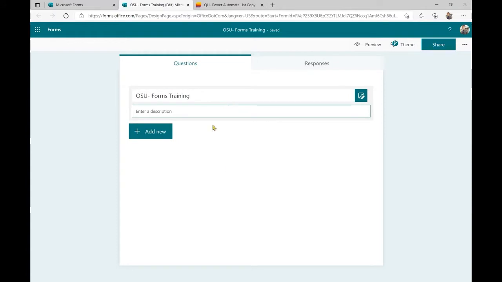Here you have a description. Now, this is optional, but you could always provide a description for what this form is for, especially if you are sending it maybe to external contacts. Maybe this is some type of intake form, or you need to gather some type of information or consent from them. You can put a brief description of what they are expected to do with this form, or what the purpose is that they may be receiving this form. Okay. So we've given it a name. We'll come back to the other things here in a second.